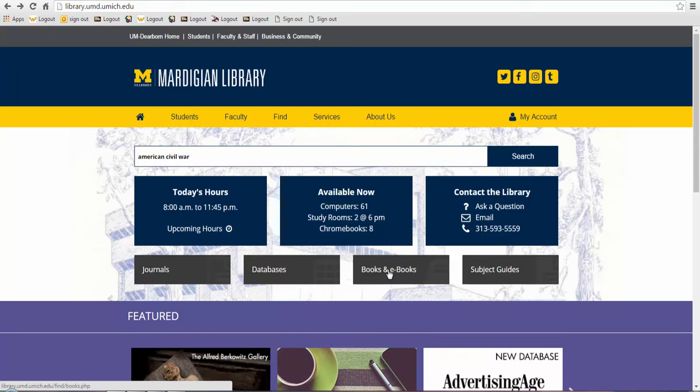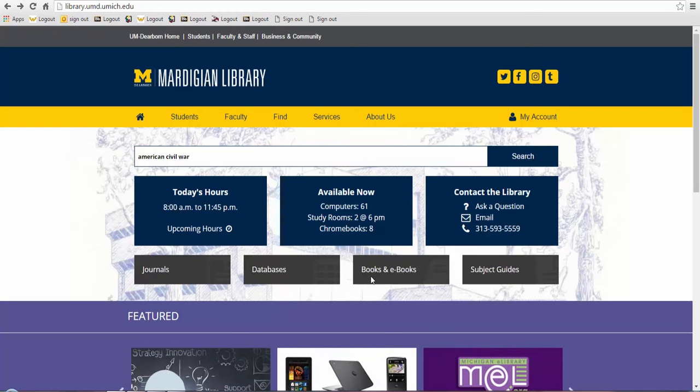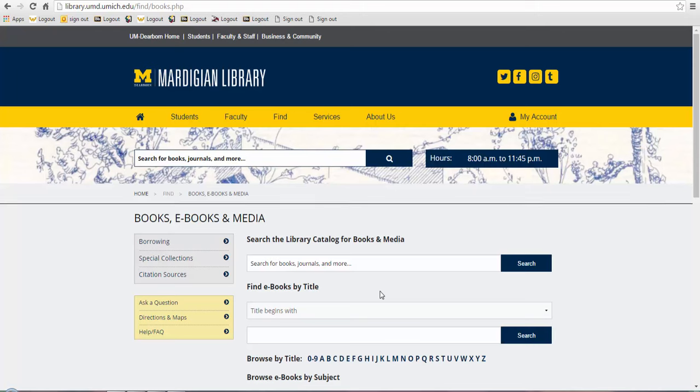Now, before I go forward, though, I just want to point out that the databases and going into specific history databases will help you locate articles on whatever topics that you're looking into. The books and ebooks will, of course, help you locate books and electronic books on whatever topics you're looking into. So if we click on books and ebooks, we'll be able to do a search now for whatever topic we are looking into. So we can search for, again, American Civil War,